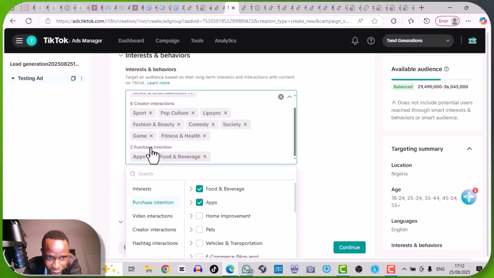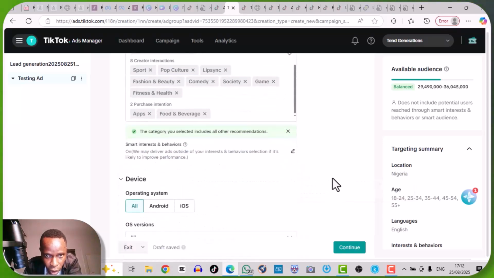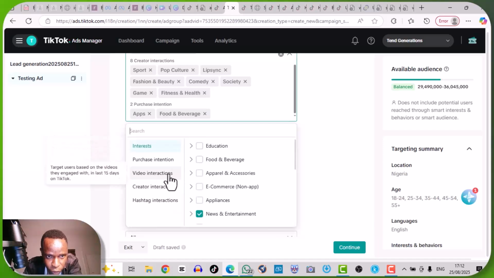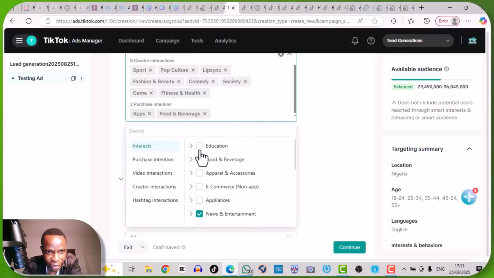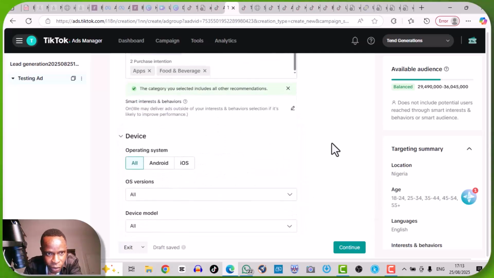Now this one is under purchase intention, right? So you can go on and add the things under purchase intention. The same thing when you come to maybe video interactions. So you might gather everything. Now I'm basically looking at those who are targeting audience to make sales, but we are using the lead form to target them, right? So once you are done, let's suppose you have selected each of them and their extensions, then here is where